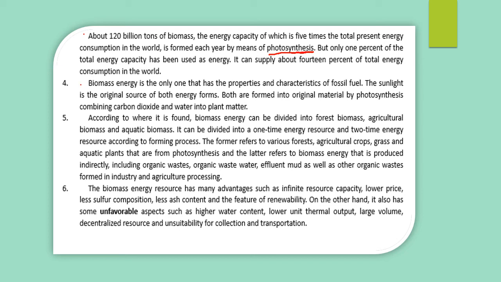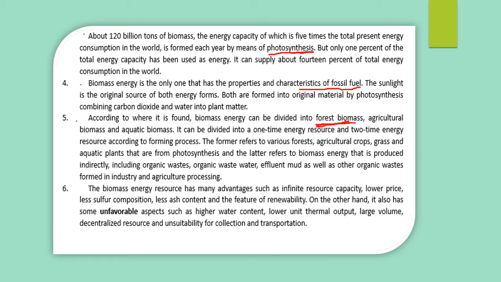Biomass energy is the only one that has the properties and characteristics of fossil fuels, so it has the same characteristics as fuel. The sunlight is the original source of both energy forms. Both are formed into original material by photosynthesis, combining carbon dioxide and water into plant matter. According to where it is found, biomass energy can be divided into forest biomass,